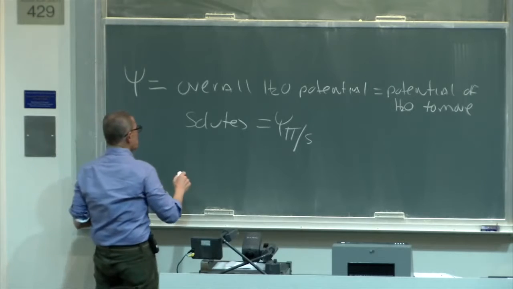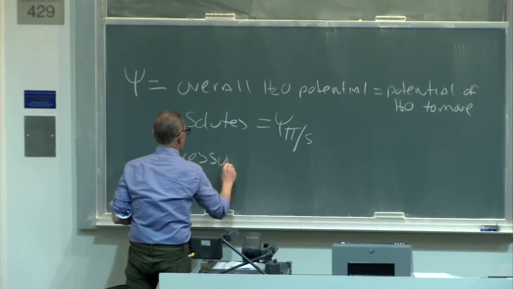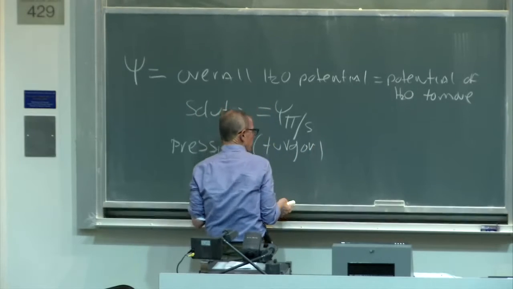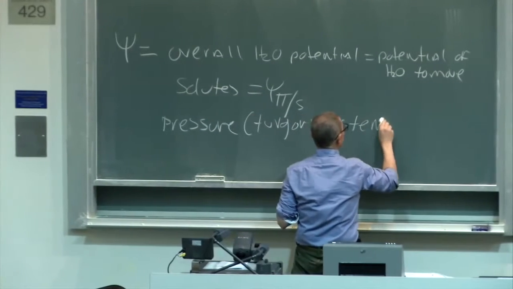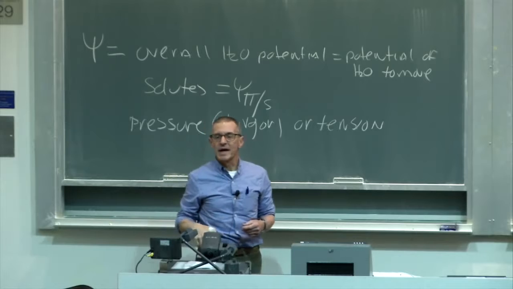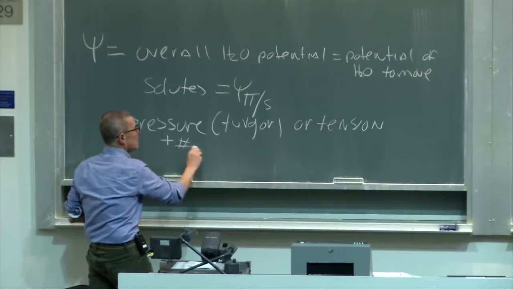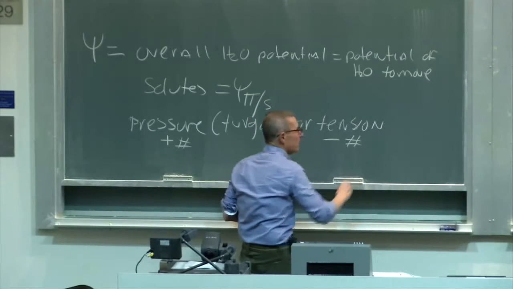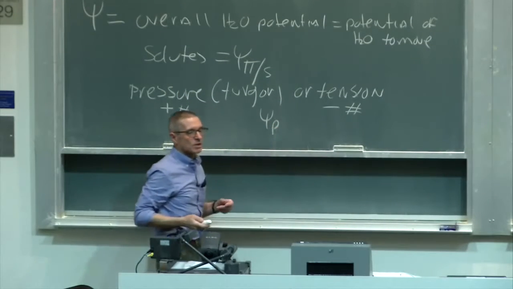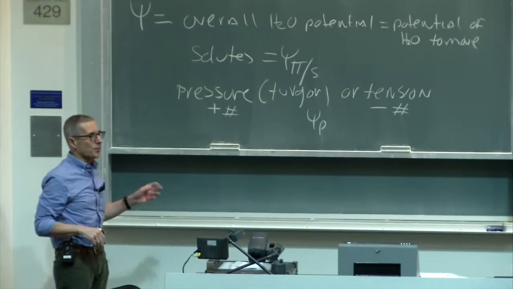And third, we talked about the fact that there can be pressure, which is a turgor pressure, or tension, and that's like when the water column is stretched, with regard to the movement of water. And in both cases, this is a positive number, this is a negative number, but in both cases they are indicated by psi sub p. So you can have either tension or turgor pressure inside of a cell, and in both cases it's indicated by